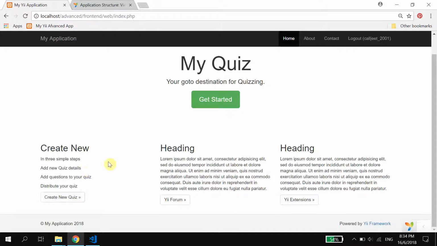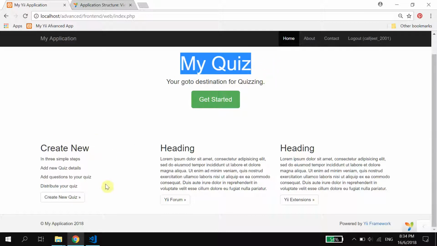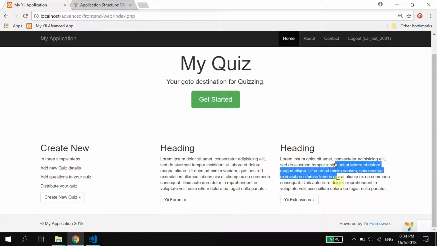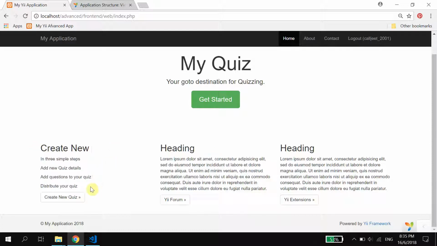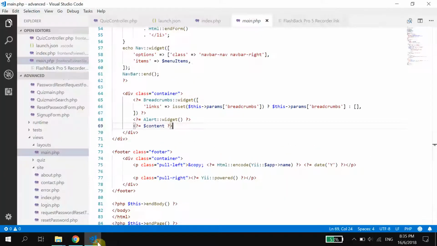But now we want to move forward from there, and what we want to do is allow the users to create a new quiz, right, to create a new quiz. And so for that, what I decided to do was, I have this default text over here which says heading and all. So I changed that heading and I added a few lines of text. It's very simple. And how do you do that? You do that by